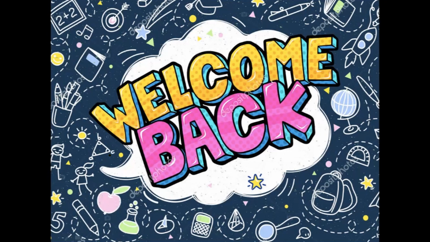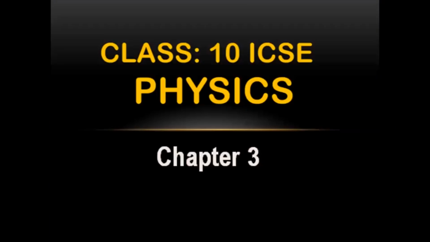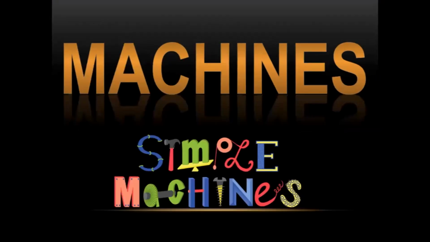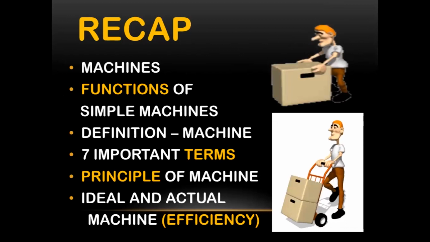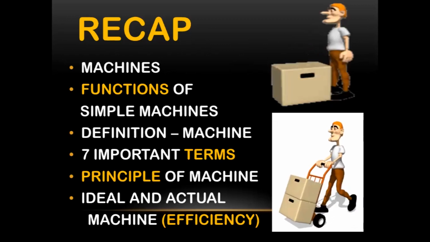Welcome back to the physics classroom. Now this is going to be our third session here. So far we have completed chapter 1 and half of chapter 3. The name of chapter 3 is Simple Machine, and we did finish almost half of the chapter. Before we go to the rest of the half, we will just revise what we learned in the previous class. So it's just a recap of the previous video.